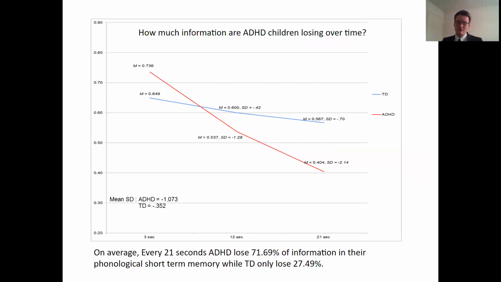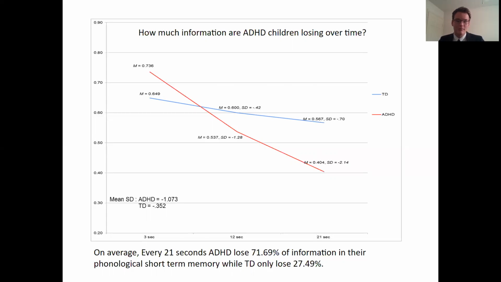So next, I've gone down with the big picture of looking at the interaction, but I want to go back a little simpler. So now I know there's a difference here, and I know the ADHD kids are losing more over time compared to TD kids. But now I want to know, well, how much information are they losing? So I compared their standard deviation change from their original starting at the 3 seconds. I just saw standard deviation change over time. Averaged together, we can see that ADHD kids tend to lose about 1 standard deviation of this phonological information every 9 seconds, while TD kids are losing about 1/3 of a standard deviation over 9 seconds,